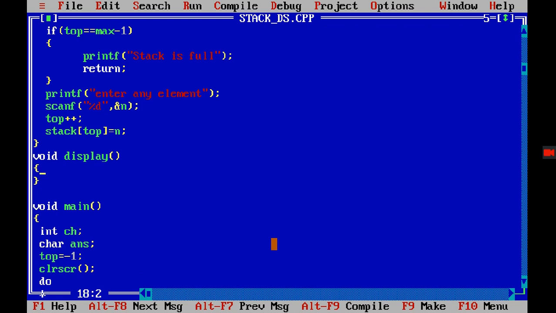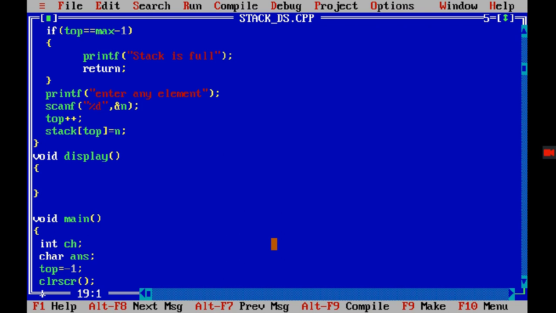Now in display, if I'm having an empty stack, there is nothing to display, no elements are there, right? So I can check whether there is any element or not. If there is no element, then I can simply print that the stack is empty, otherwise I can print it, right?